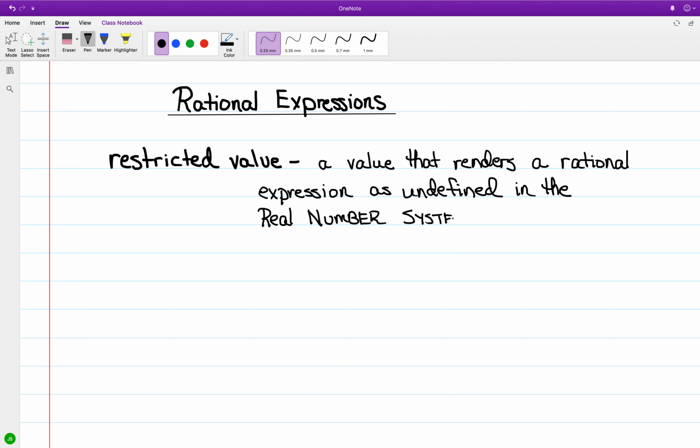And just the rule of thumb for restricted values for rational expressions, let's say for the common rational expressions, those would be values that would cause the denominator of a fraction to be equal to 0. In fractions, for fractions to be real values, you can divide by any number except 0. And if you're looking at determining restricted values,